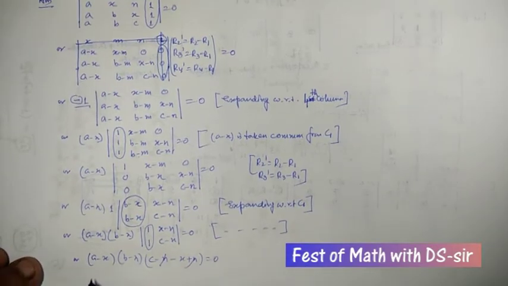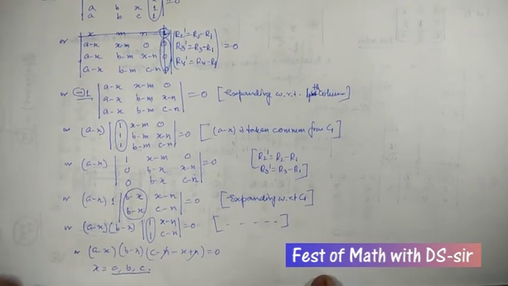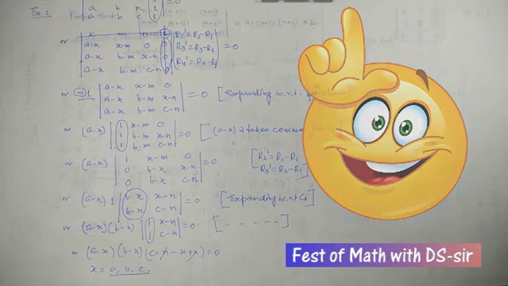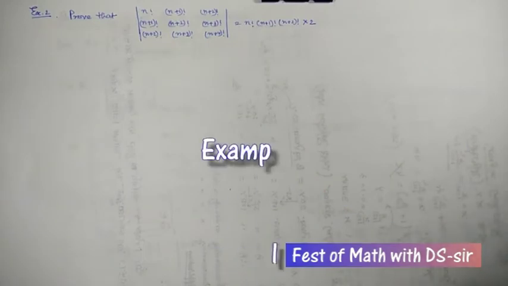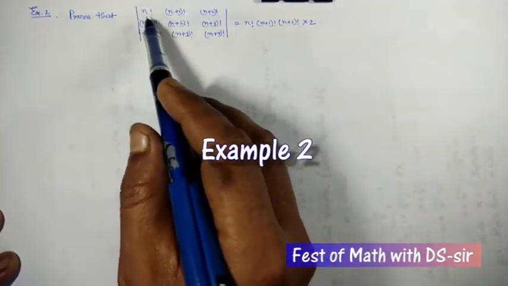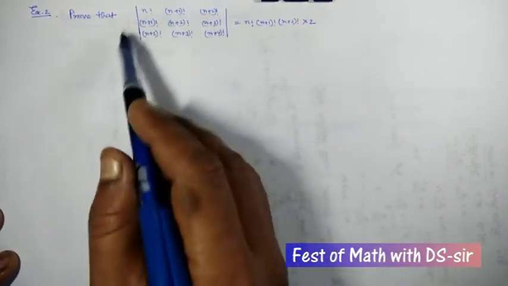Now see, x is a, b or c. So all the values are independent of m and n. All the solutions are independent of m and n. Now see, our next example is prove that the determinant n factorial, n plus 1 factorial, n plus 2 factorial,